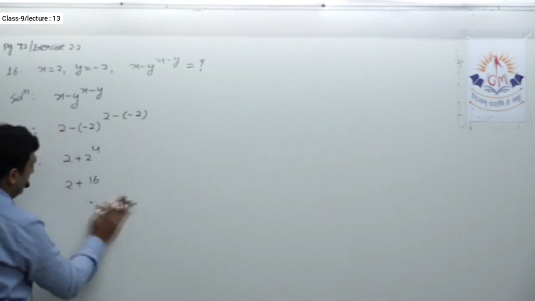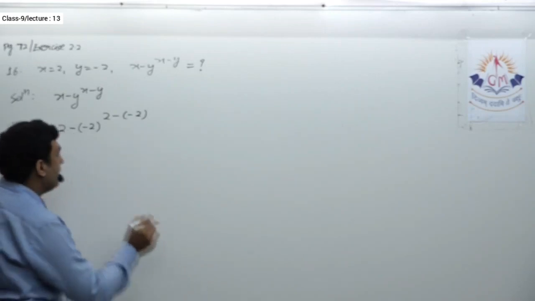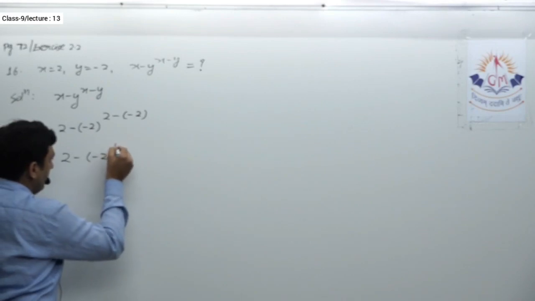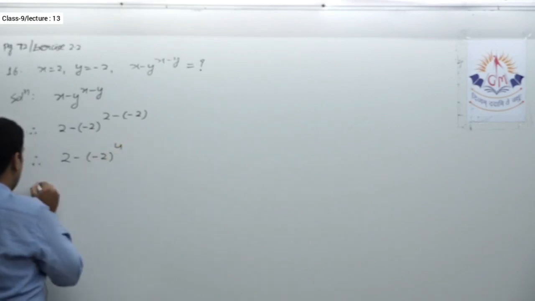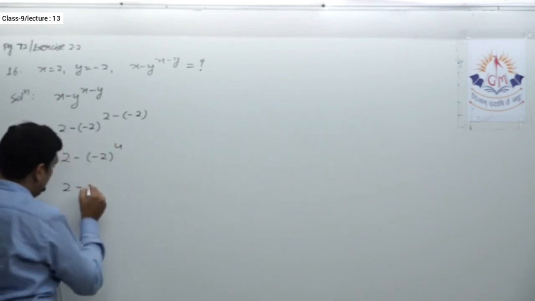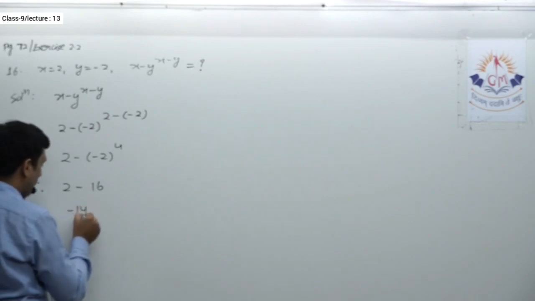Okay, then in that way you will get this answer, but even if the answer is the same, the method is definitely wrong. So let us see how to simplify this further. This will become 4. Now over here 2 minus, now minus 2 raised to 4, that is 16.